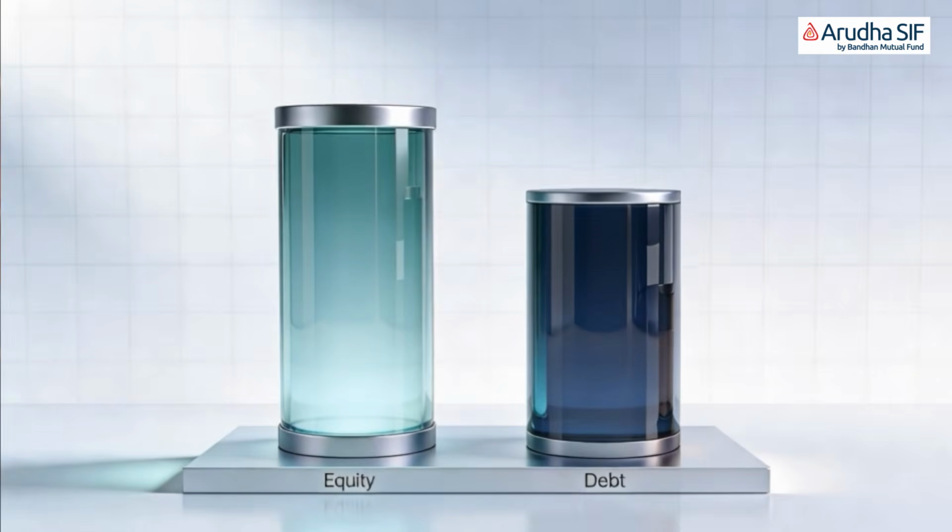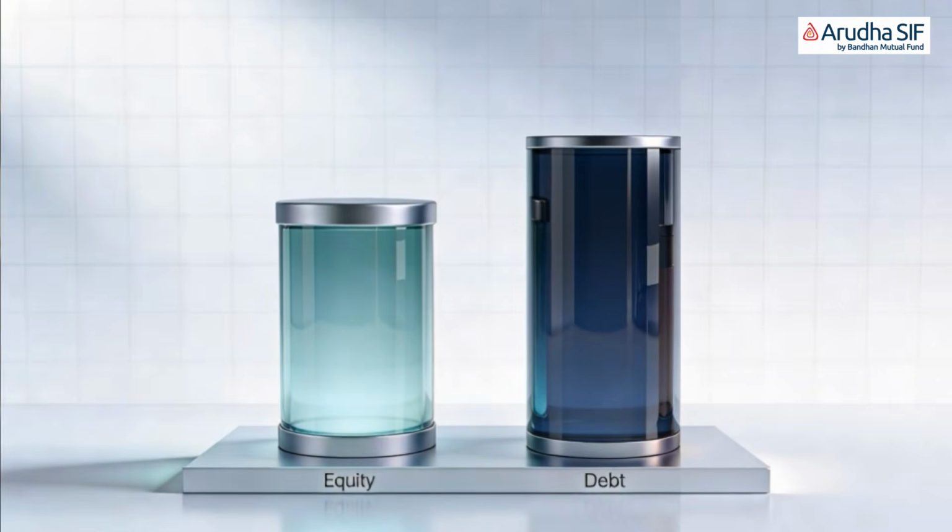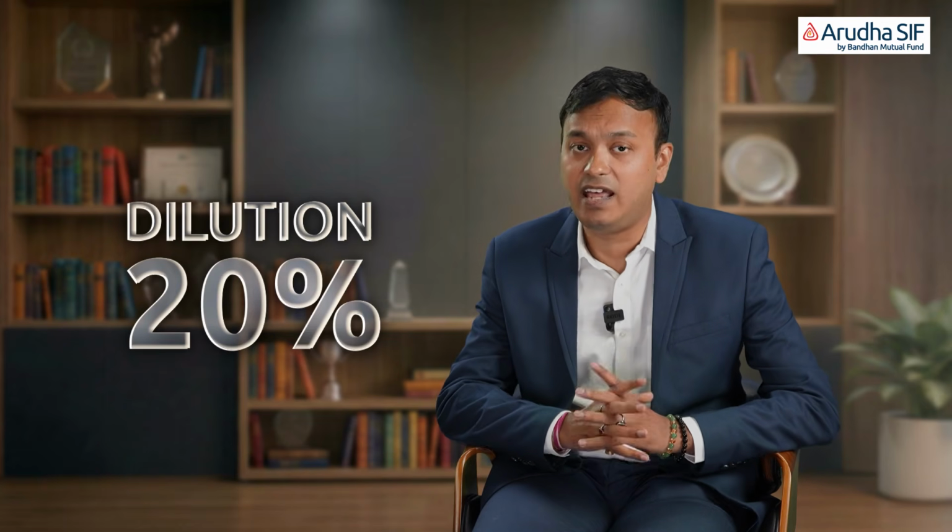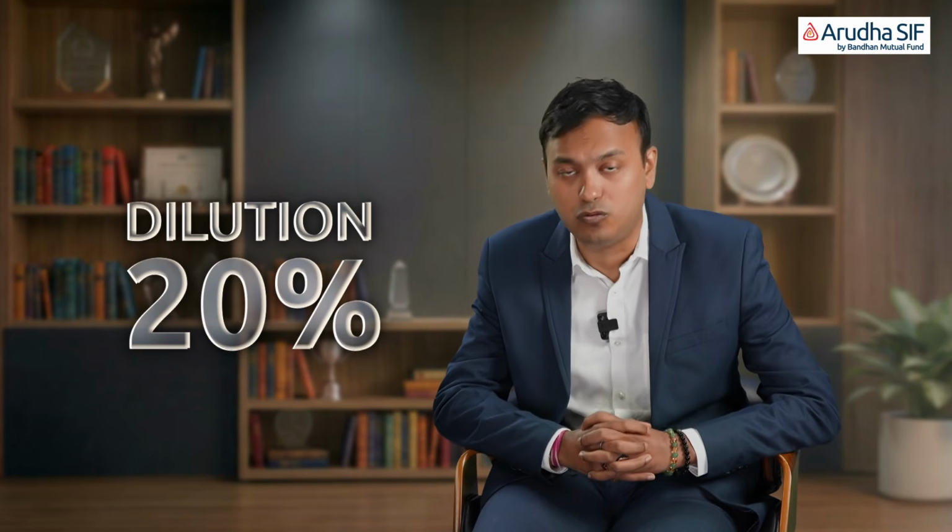I will now talk to you about the individual strategies of the fund. We begin with debt. When valuations are expensive and our model indicates that there is a risk in the equity markets, the fund will reallocate from equity to debt to bring down risk. Within debt, our preference is for higher quality paper, so dilution is capped at 20% and the duration of the debt portfolio will range between 1 to 4 years.